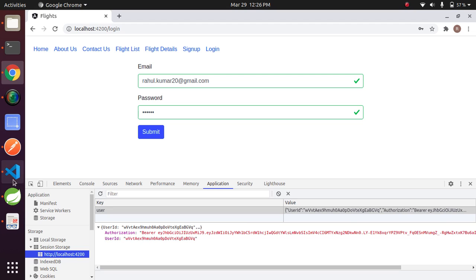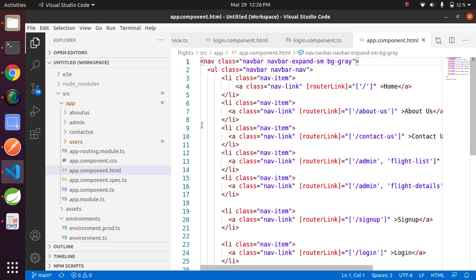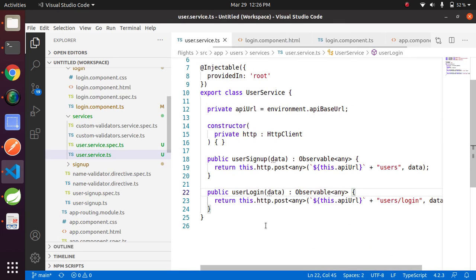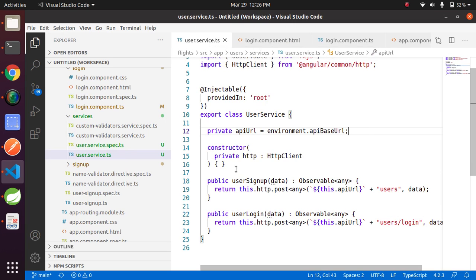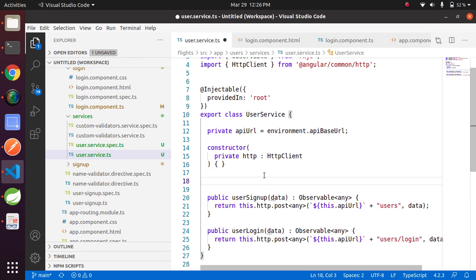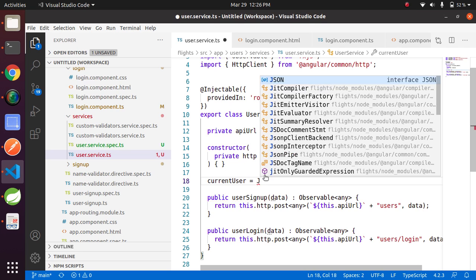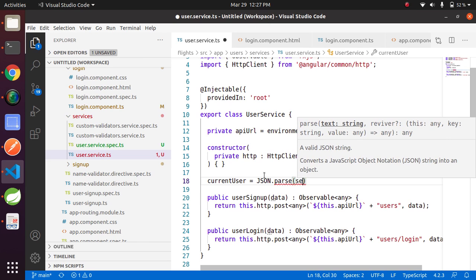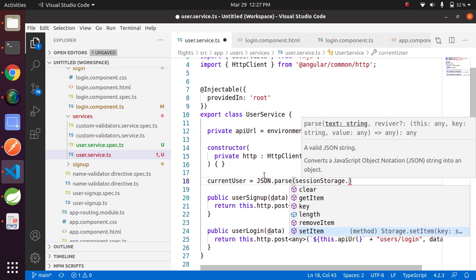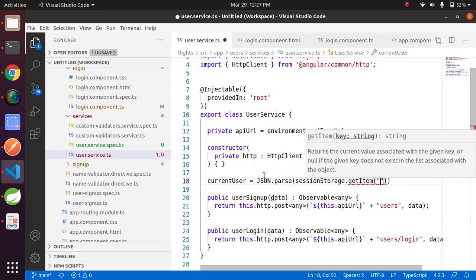Okay, so let's go to service, user service.ts, and just add a variable here, current user, and fetch the data of session storage here, like JSON.parse sessionStorage.getItem user.